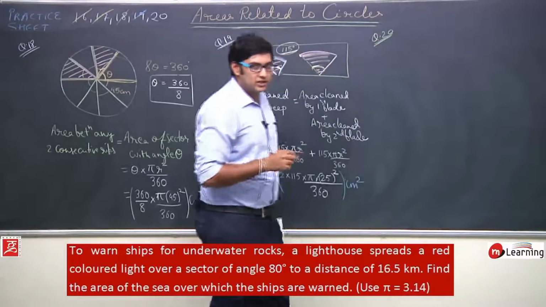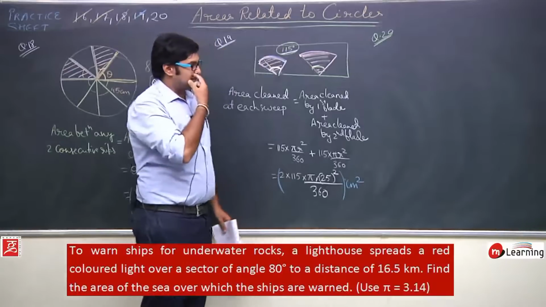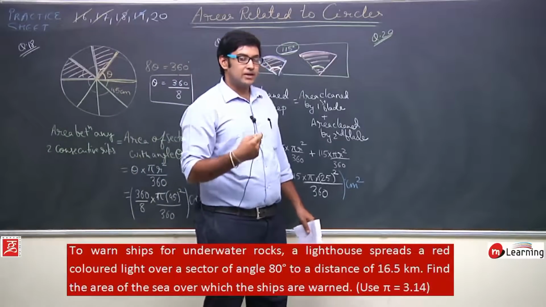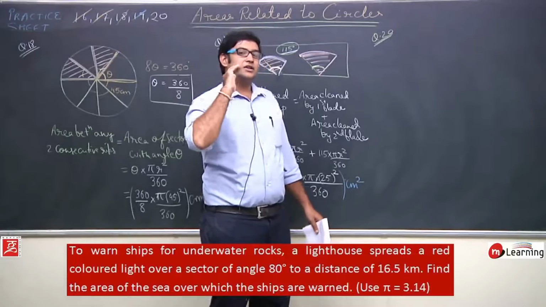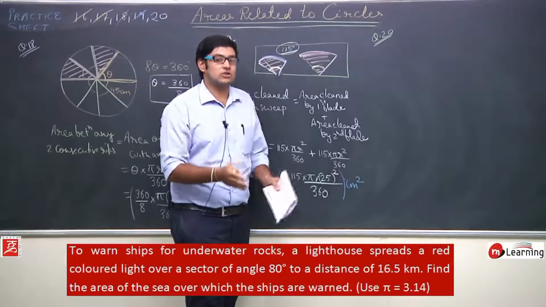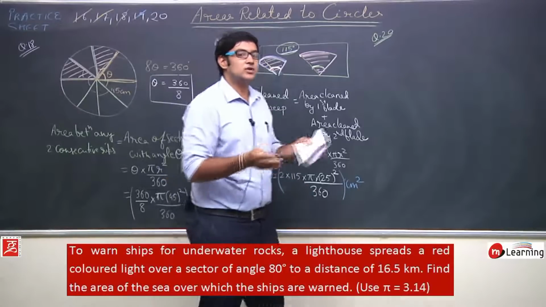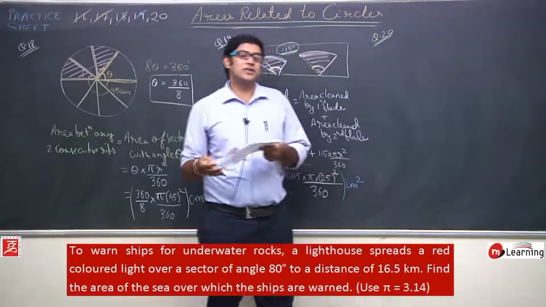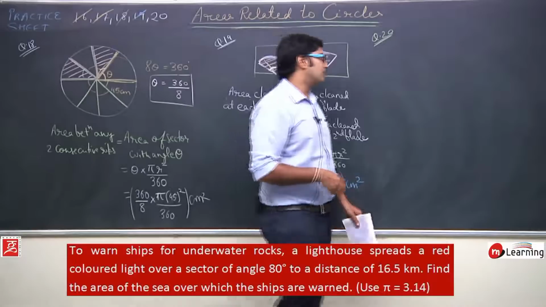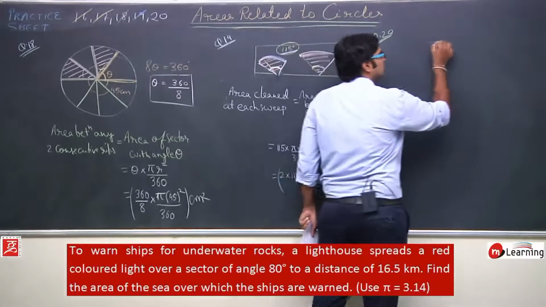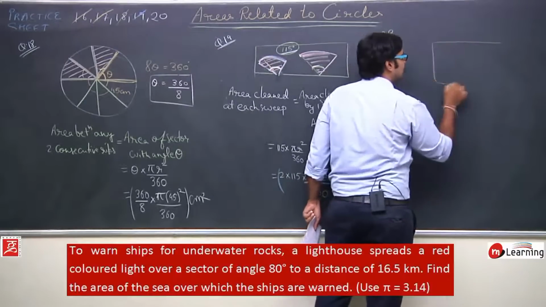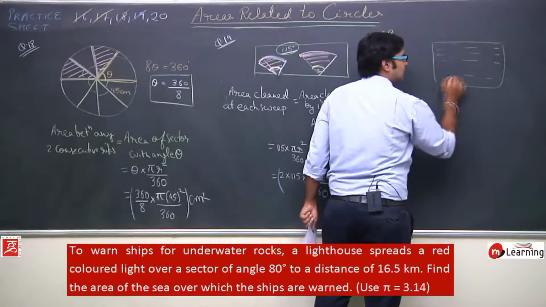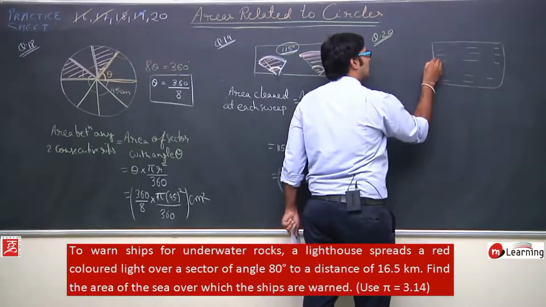There is a lighthouse near a sea, and this lighthouse basically warns the ship. How does it warn the ship? It cannot shout and tell the ships that there are rocks, but ships should be warned for the rocks, because it may happen that an accident occurs when they strike the rock. So, what technology is used to save ships from the rock is, let us say this is a sea.